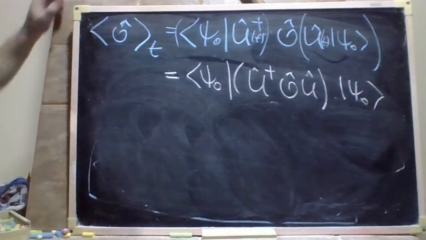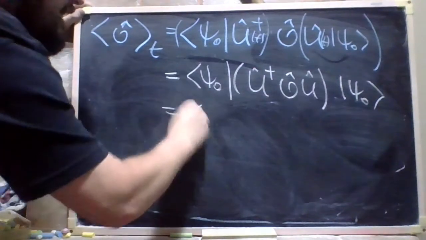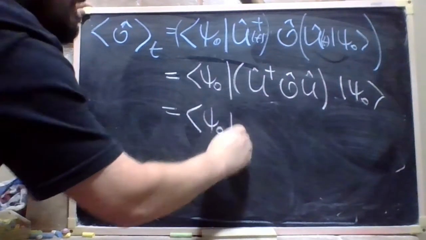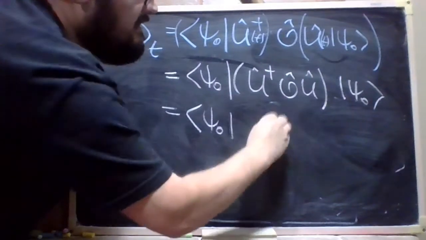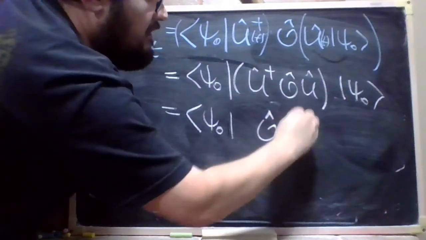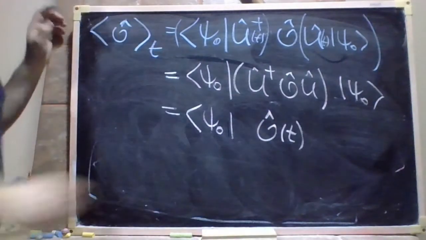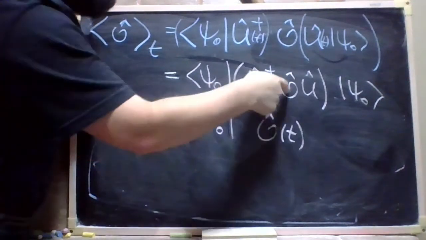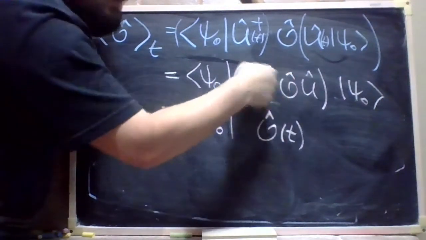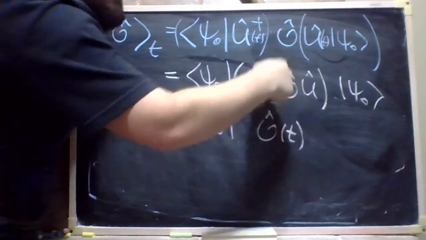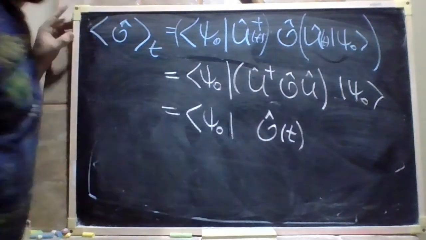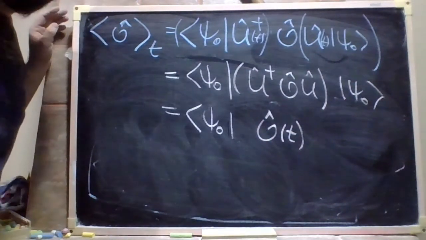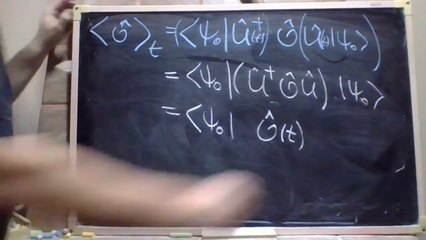All right. So you can call it now an operator depending on time, because this is time dependent. This is not time dependent, but when you multiply things here, you'll find out an object which is time dependent,